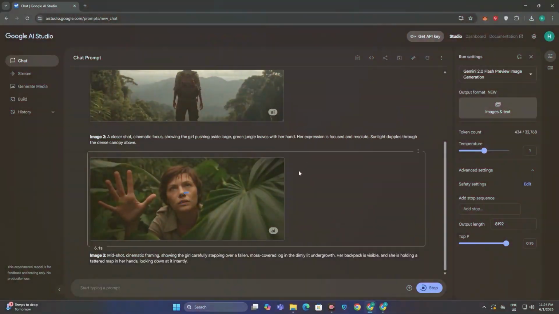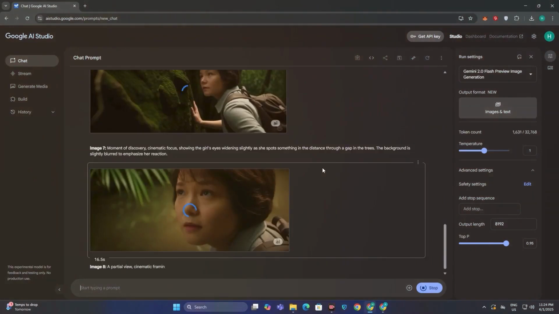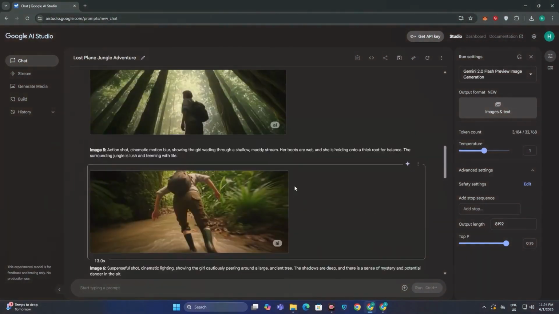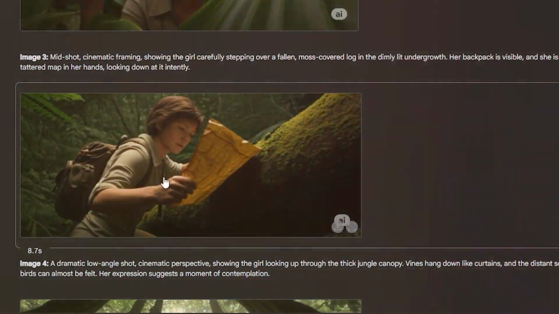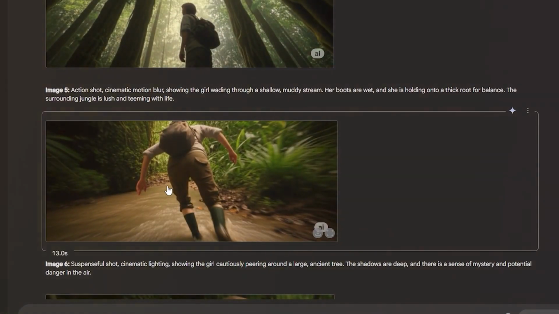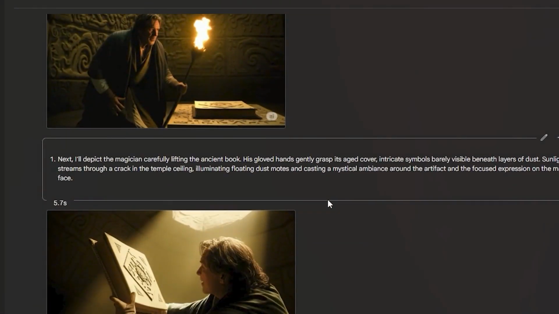As AI continues to evolve, the line between creator and machine blurs. The future of video is no longer confined to studios or high-end equipment, but is accessible, immediate, and deeply personalized. We are entering an era where imagination is the only limit, and AI tools like VEO 3 are leading the charge.